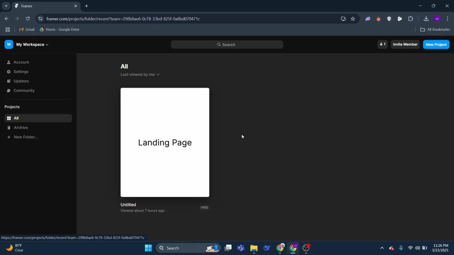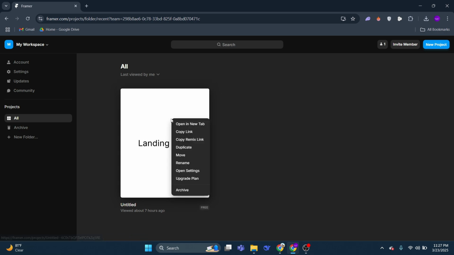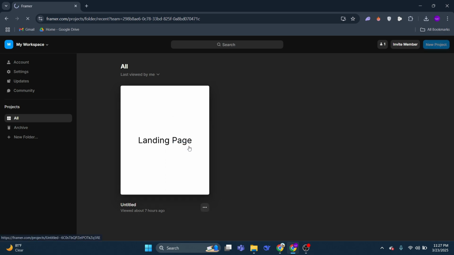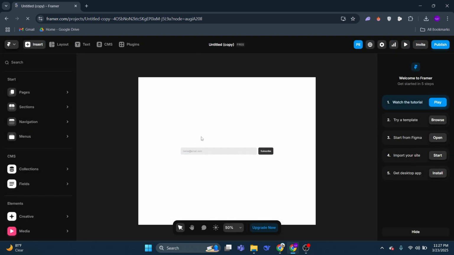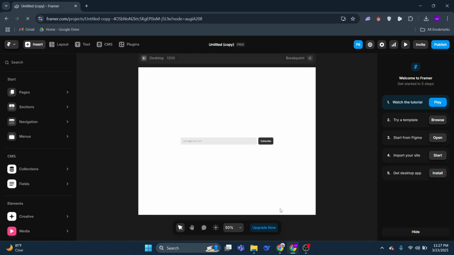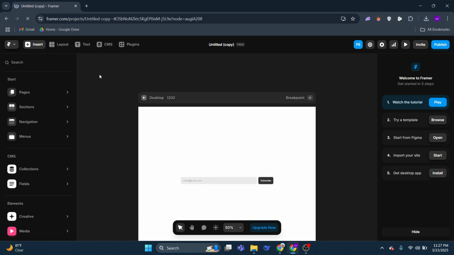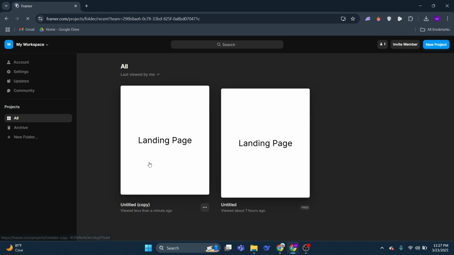So let's say we want to duplicate this project right here. What we can do is right-click it and then click on where it says Duplicate. Now you can see it's going to open up the duplicated project. If we go ahead and go back to our dashboard, we can see that we now have a duplicated version